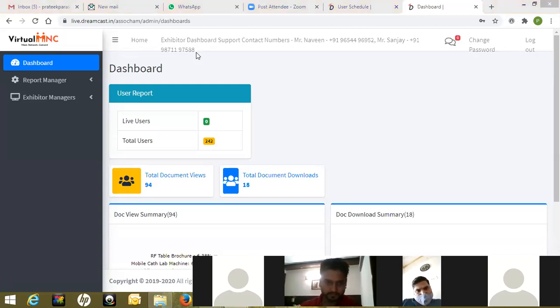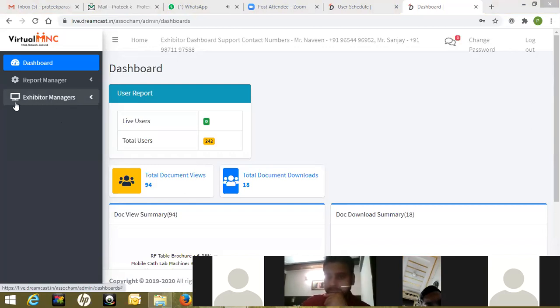So basically, this backend feature goes in with 3 steps. First is the uploading of your documents and staff info. Second part is the visitors chat, I mean, the chat and interaction feature with the visitors or attendees at your booth. Third part is the report analytics. So first, we'll start with the uploading of the documents.